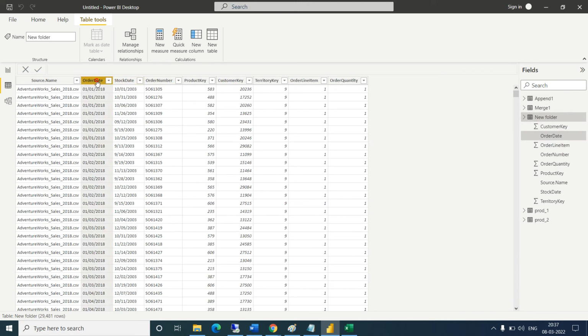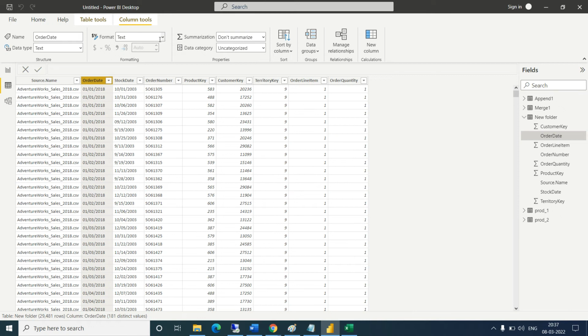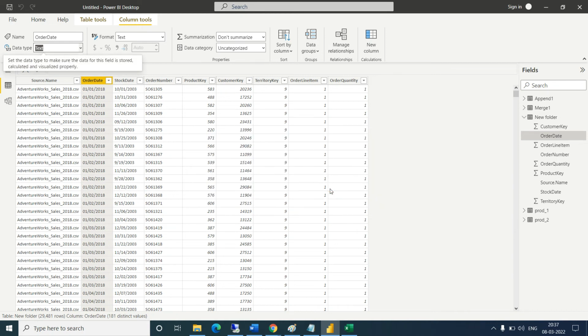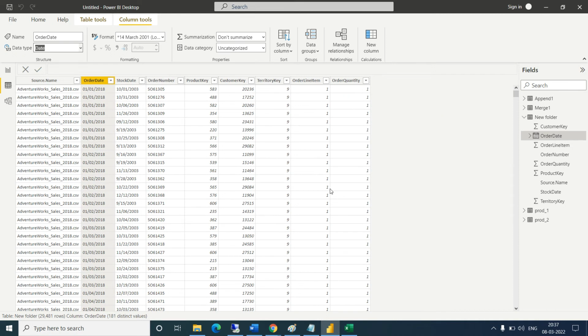This is the order date, right? We need to change its type to date. Click on date. So we converted it into date format.